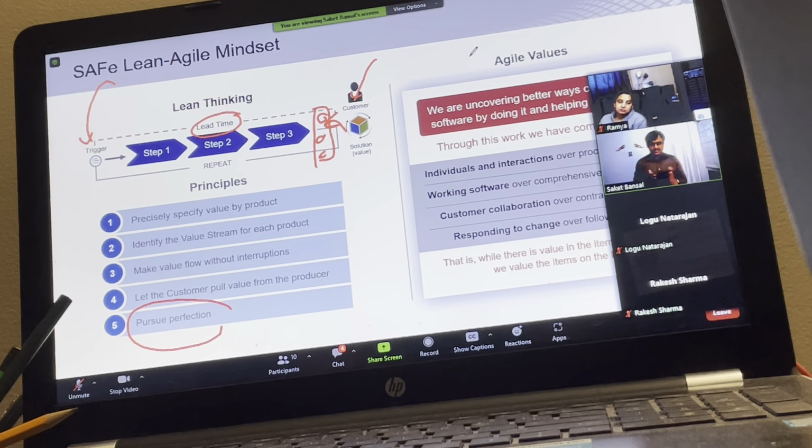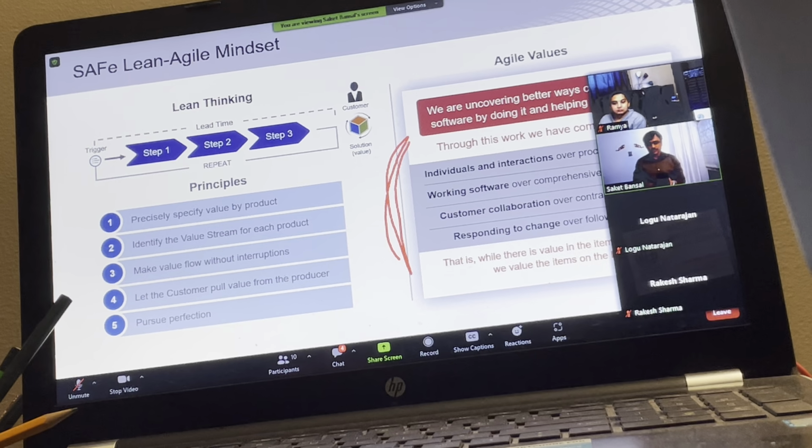So in SAFe, we are saying that we need to apply lean thinking. And the other thing we are saying is we need to apply agile. Agile is, I think, very much clear and understood by many, and can be understood with the help of the Agile Manifesto, which primarily focuses on working software and individuals collaborating rather than only processes. Collaboration is the key, contracts and other things can support it, and we should always be ready to change whenever we discover new ideas, because situations are dynamic and we should have a mechanism to adapt as we discover things. Those agile values also help us in achieving an agile mindset.